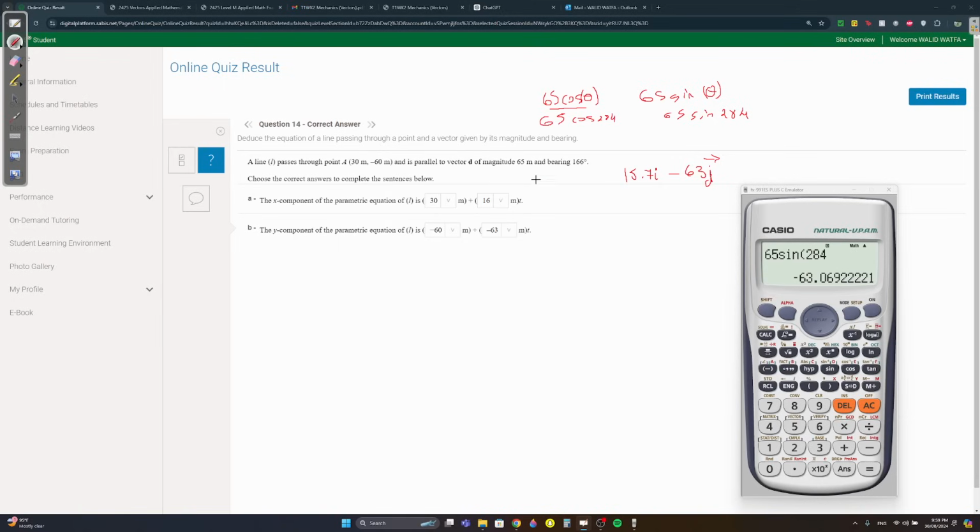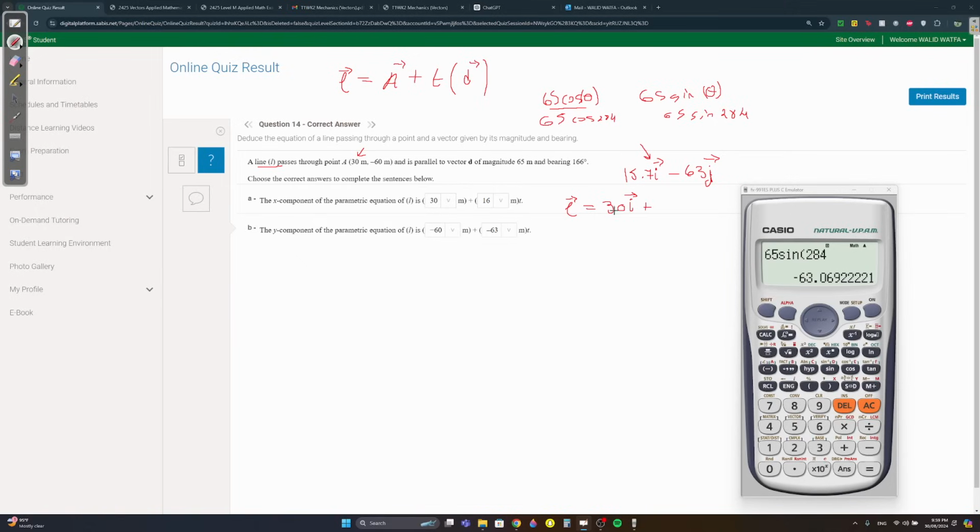Remember, to find the equation of the line with one point given and the other line, we know that the equation of the line, in this case L, is equal to the first point, in this case A, plus t times the other line, in this case D. Okay? Can we find it now? We have the first point and we have the equation of the other line, right? Can we find it? Yes, we can. Line L will be equal to the first point, 30i